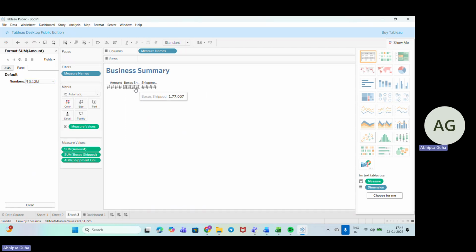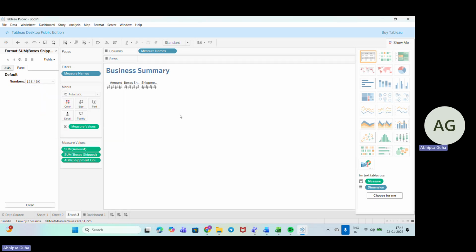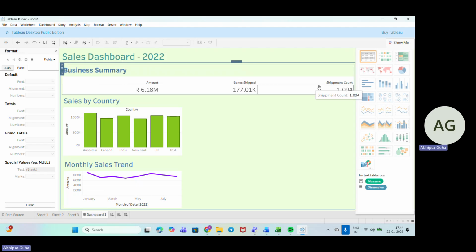And about this one also I'll change. I'll go down to format, number custom, and go to K. I'll go to the K value. Now if you go down to the dashboards, you can see the values have changed.